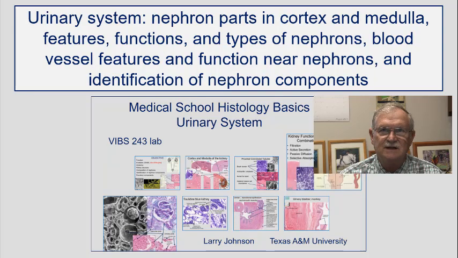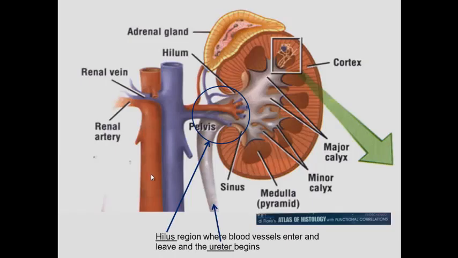Hi, I'm Larry Johnson. I'm a professor at Texas A&M University, and today we're going to talk about the nephrons and the urinary system. We want to talk about the nephron parts and the cortex and the medulla, their features and functions and types of nephrons, blood vessel features and functions near nephrons, and identification of nephron components as part of the urinary system. And so we can see the cortex and the medulla, and here's a nephron sitting here